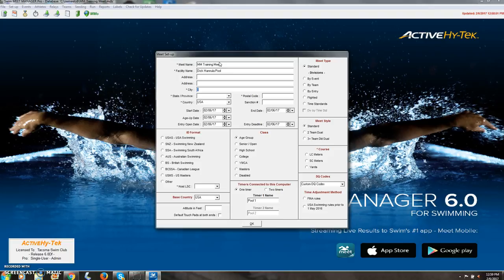And I'm not going to put an address in there because those addresses aren't required, but if you're setting up your meet, you would want to put the address in there where your meet's going to take place. Tacoma, for me it's going to be Washington since I'm in the Pacific Northwest. Washington. And the post code is 98406. And you'll have some kind of sanction number. I'm going to say mine's